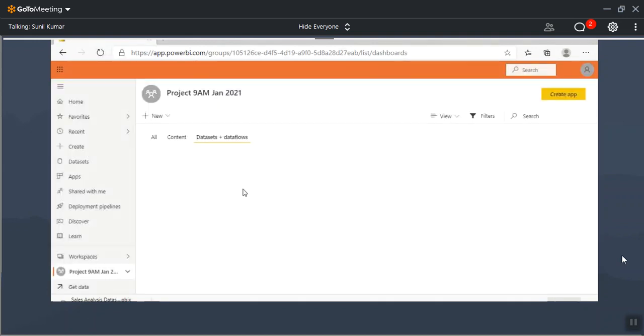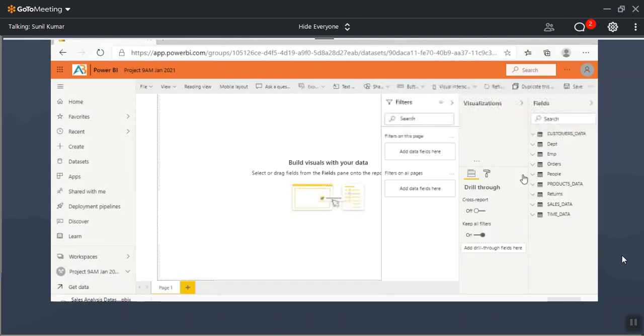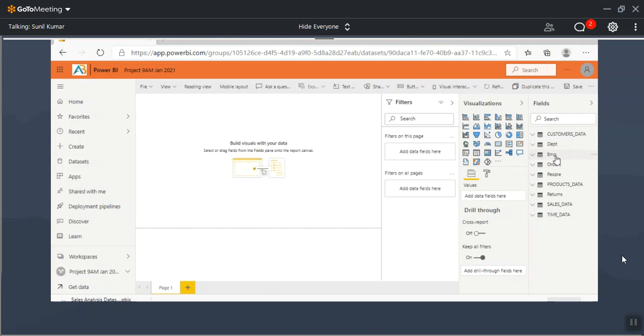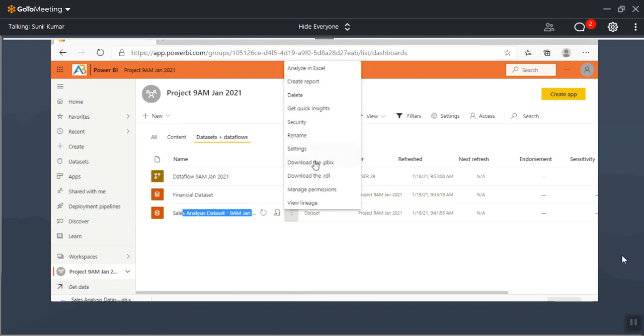Now, if you go here, you'll get a data set which contains how many tables this time? You will even find EMP, DEPT table also. This time, I can create additional 2 more reports. At any point of time, whenever you want to make any changes to your data set, just go here, download the PBIX file, make the changes, and republish it again.